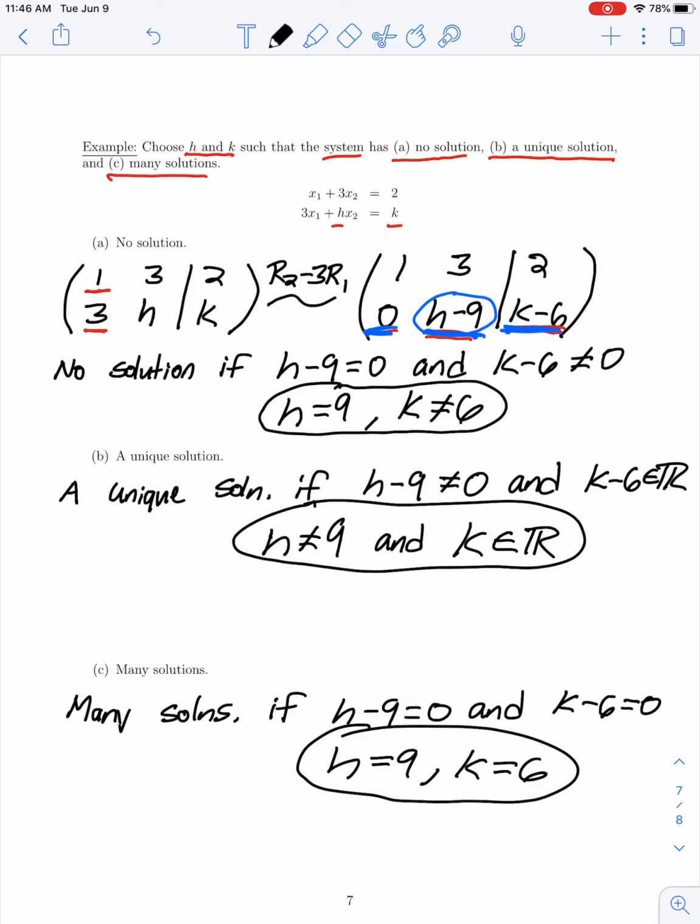So moving forward in this chapter, we'll start talking about some vector operations and other relations between solutions of linear systems and vectors or columns of